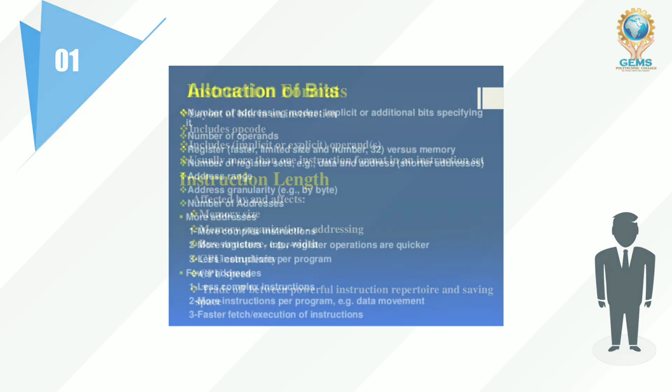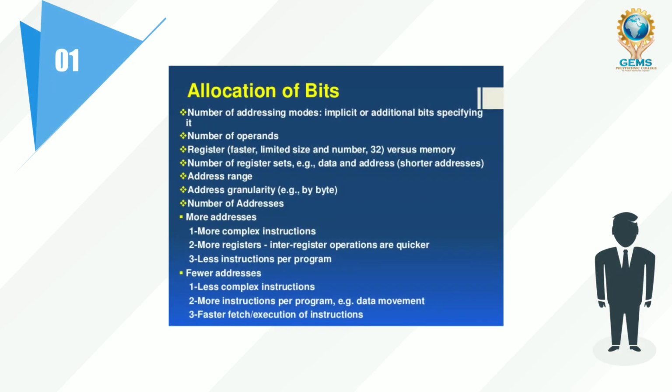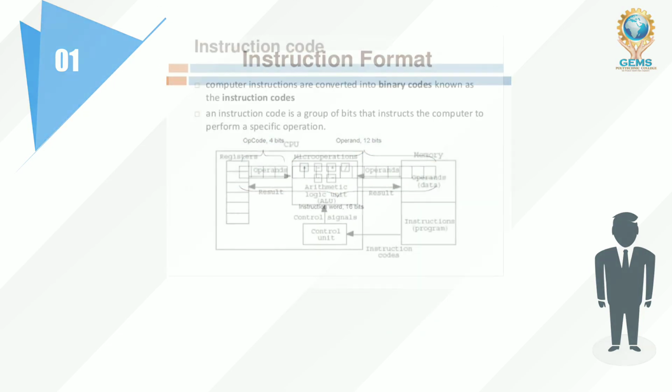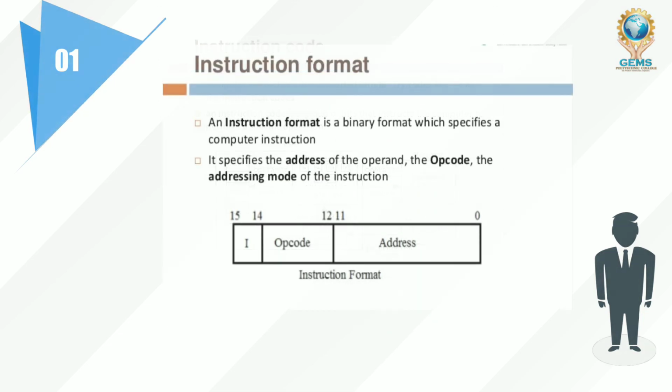I hope that till now it is clear. We have seen the memory reference instruction, register reference instruction, as well as the input output reference instruction, and why we are using instructions, what the instruction is, what the instruction structure is, and what the instruction code and instruction format are. All these things we have covered till now. This is a lengthy lesson, and the remaining part I want to explain in the next video.